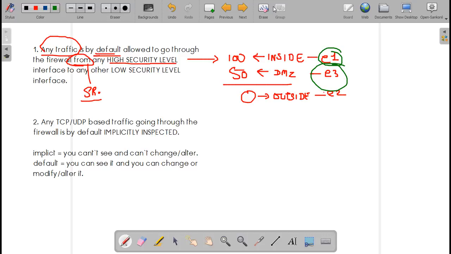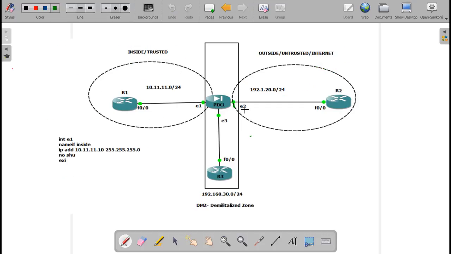So the possible directions as per high to low are these. You can go from inside, which is at level 100, to 0, which is high to low. Also you can go from 100 to 50, which is again from high to low, because 100 is higher than 50. So you can go from inside to outside, and you can go from inside to DMZ as well.